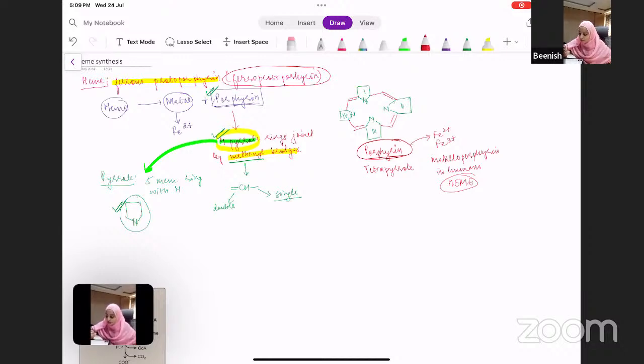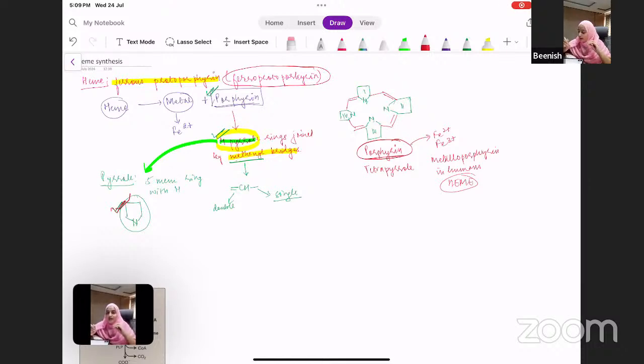What is porphyrin? Porphyrin is nothing but 4 pyrrole rings joined together by methyl bridges. Okay. So it is a tetrapyrrole. And what is pyrrole? It is simply a 5-membered ring with nitrogen. Okay. So 4 pyrroles joined together by methylene bridges form your porphyrin, and this porphyrin, to the center of